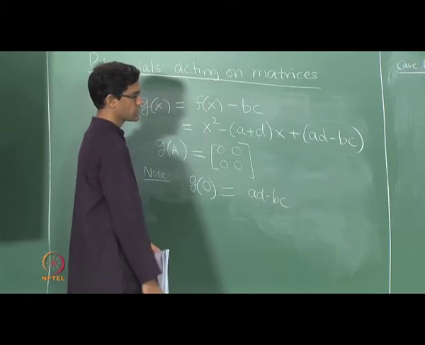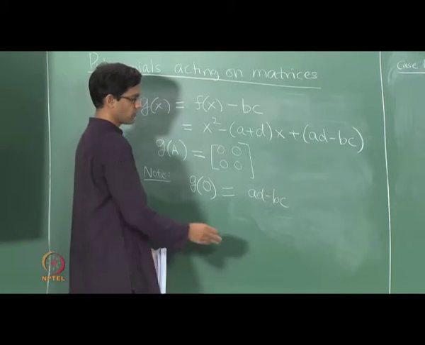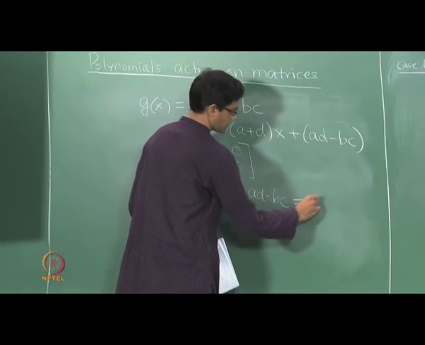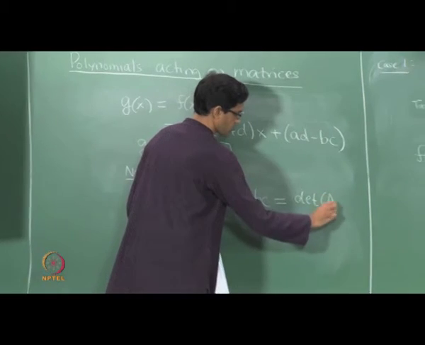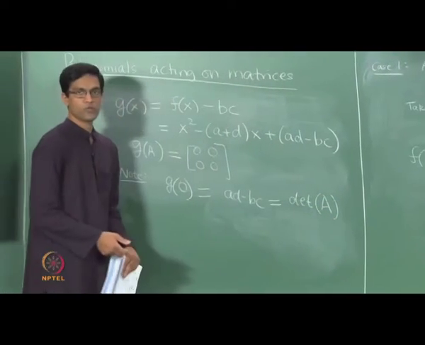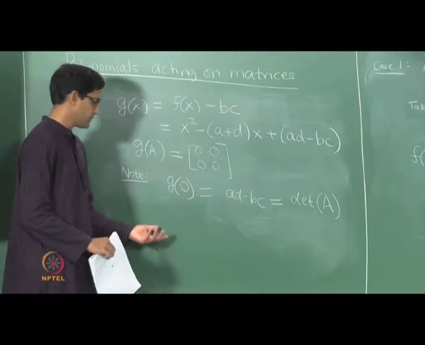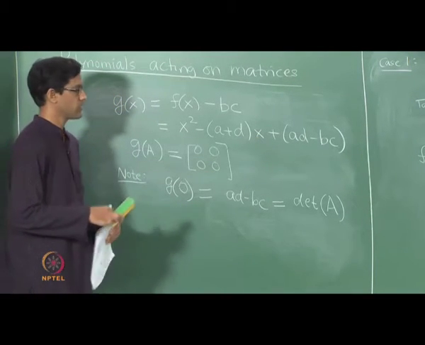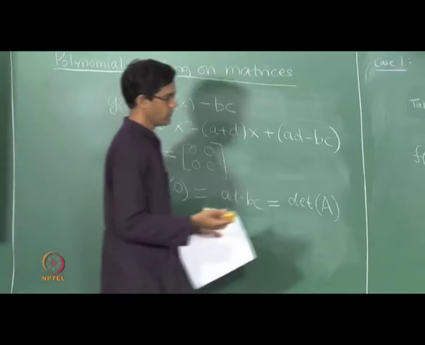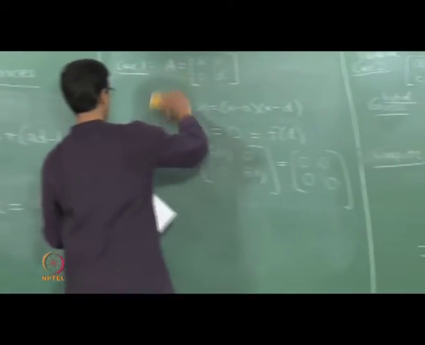So the constant term is ad minus bc, and that is of course familiar to us. We have seen it in a few other contexts already. It is what we call the determinant of the matrix. So for the 2 cross 2 matrix, the determinant ad minus bc is exactly what appears as a constant term of this polynomial, and in fact the entire polynomial itself